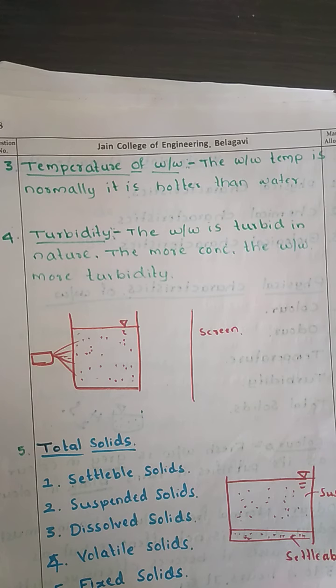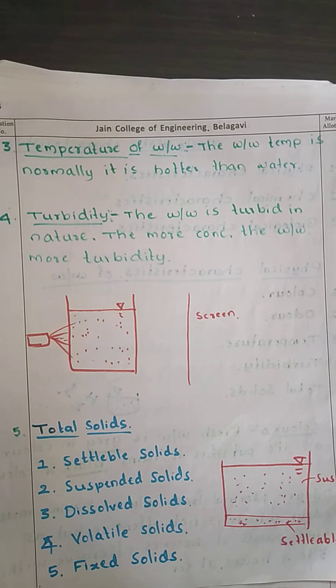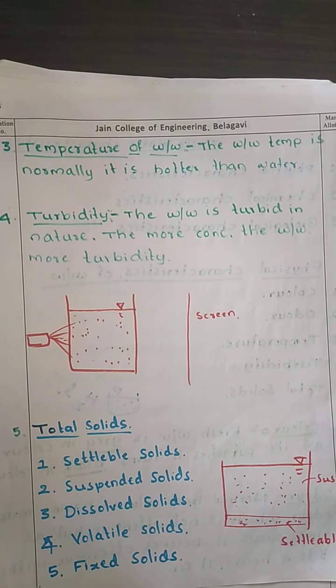Then we will be discussing turbidity. I think you know what turbidity is, right? Turbidity, I think we have studied in detail in your previous semester. It is nothing but, I'll repeat it, a measure of light scattering properties of wastewater. Okay, and the turbidity indicates the quality of the waste discharges with respect to the colloidal matter. Now, the higher the turbidity, the stronger the wastewater.